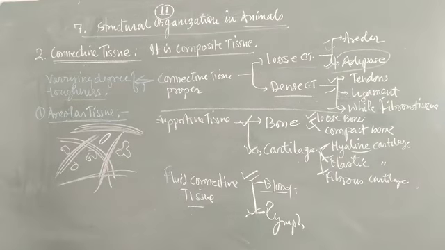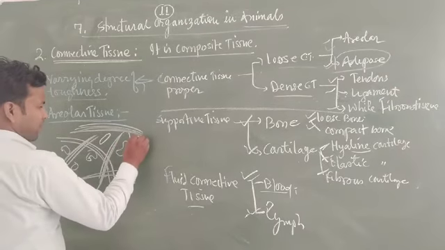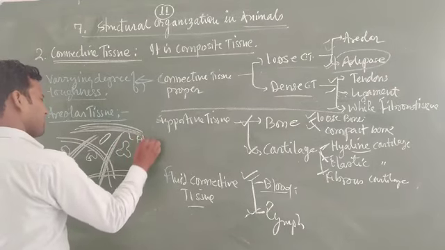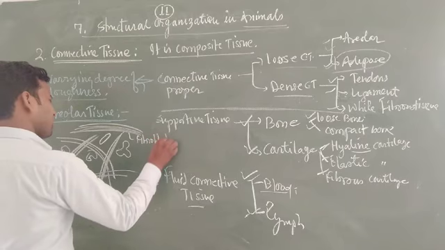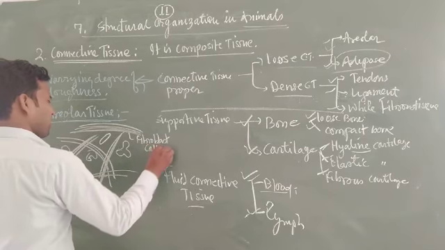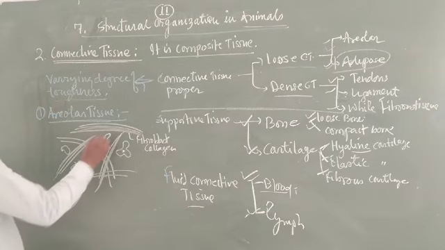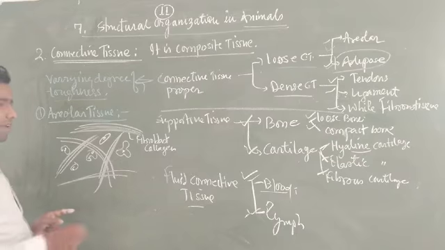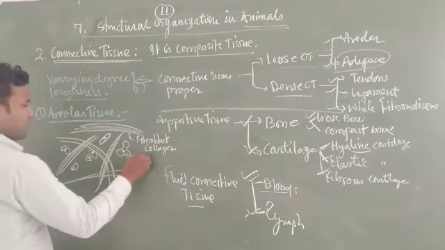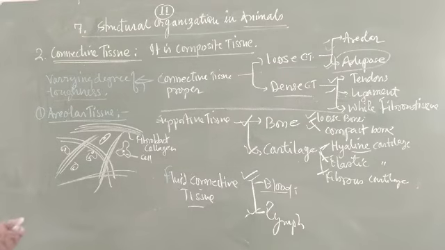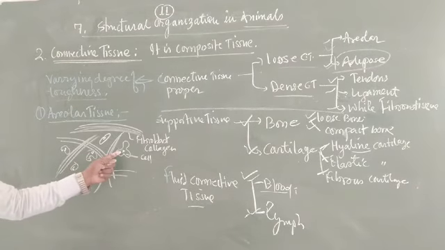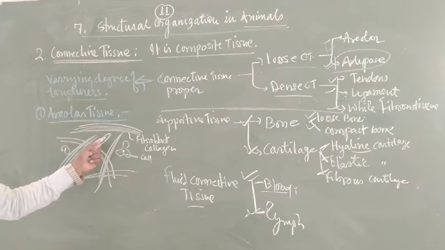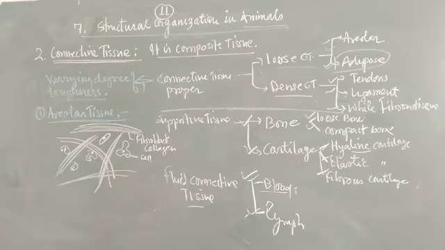These are the different fibers present in this case, known as fibroblast collagen. You can see, student, suppose these are cells, and what is the distance between each cell? It means each cell is loose, having too long a distance between them. Here we find two types of cells. Some are mast cells and some are macrophages.